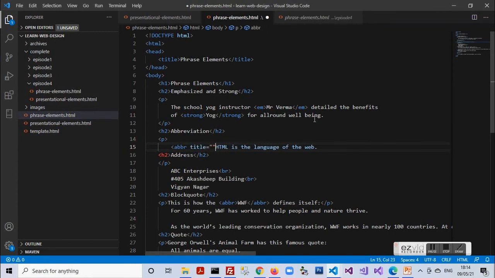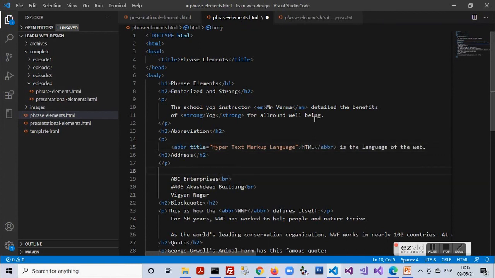So moving on to abbreviation, HTML is an abbreviation for Hypertext Markup Language. So I enclose the HTML abbreviation within the starting and the ending abbreviation tags given by ABBR, along with the title attribute carrying the expanded form of the abbreviation.